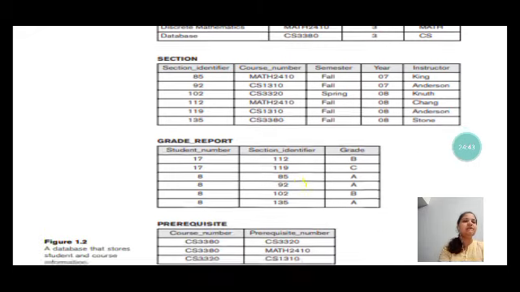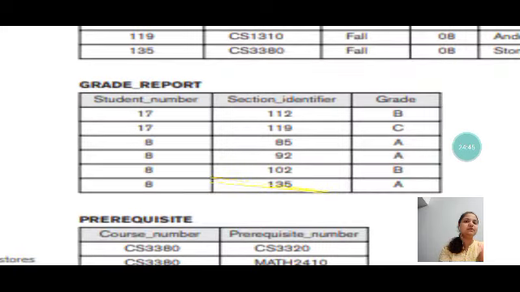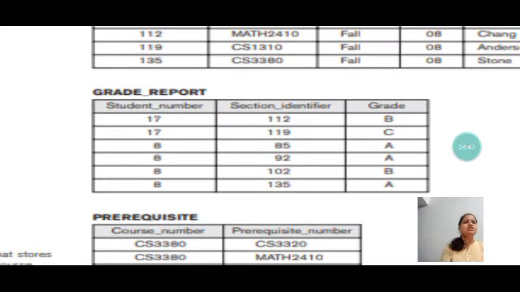And then we have a grade report table here. Grades are assigned based on some calculation, which will be done in the background. So student number 17 and section identifier 112, the section he belongs to, and in that section the grade he got is B, right?